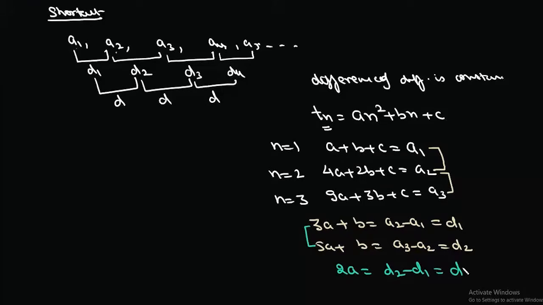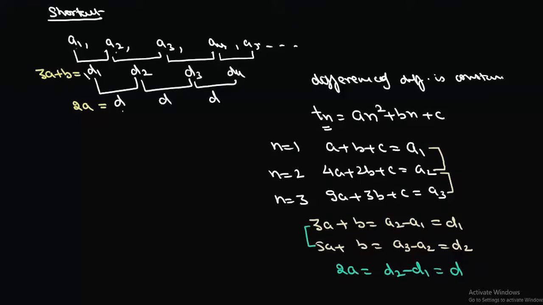Now what is the shortcut here? The shortcut here is, once we have this series, we can find the differences and we can find their successive differences. Now this constant difference d is nothing but 2a. So we'll simply write this as 2a. Now d1 is nothing but 3a plus b, so we'll write this as